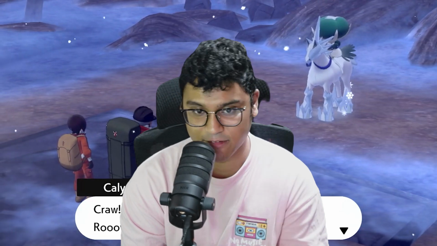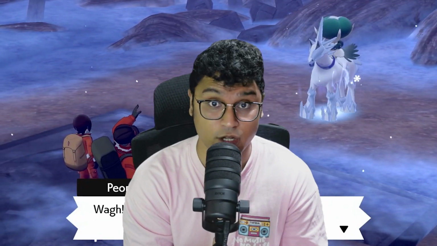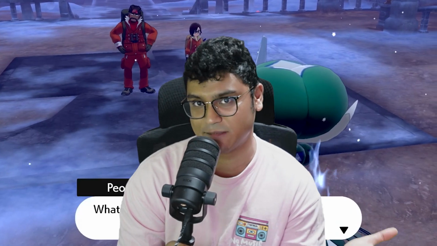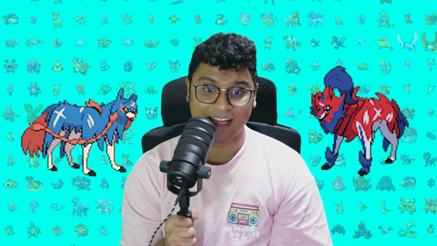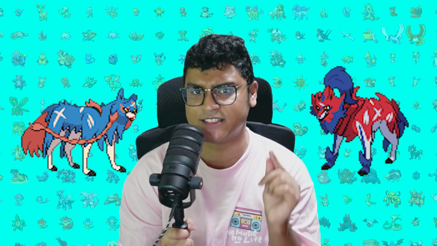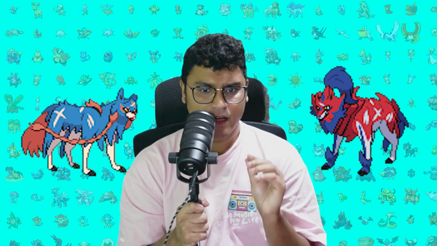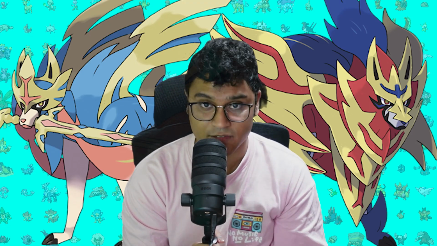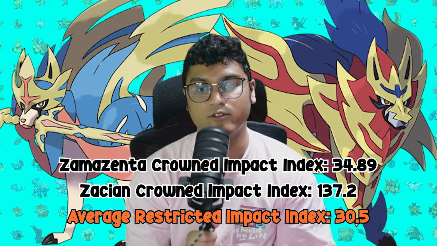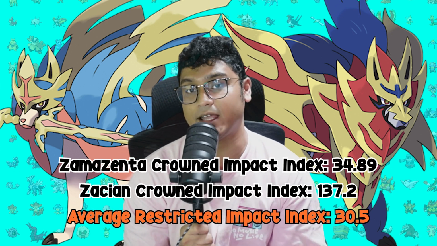This caused Calyrex Ice to see a lot more losses than it should have gotten, which meant it performed a lot poorer than its shadow counterpart. Both hero forms of Zamazenta and Zacian performed a lot better than they should have because they had excellent speed and the AI just kept giving them chances to set up and sweep. And honestly, I'm not surprised that the Crown forms performed even better. This caused them to actively support their team extremely well, resulting in an extremely high impact index for both Zacian